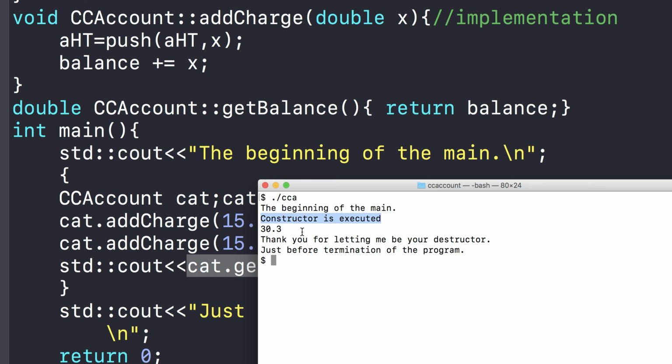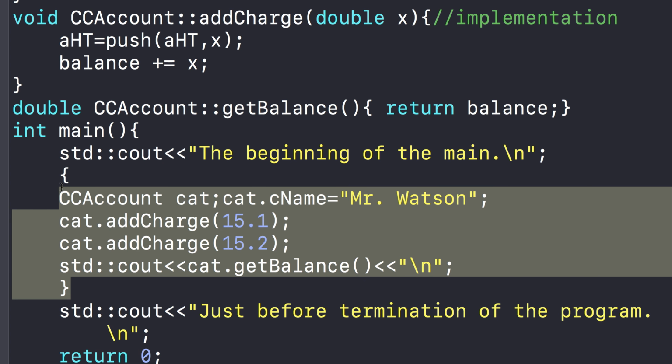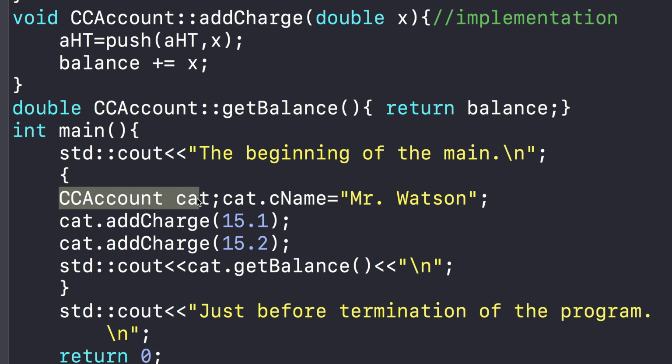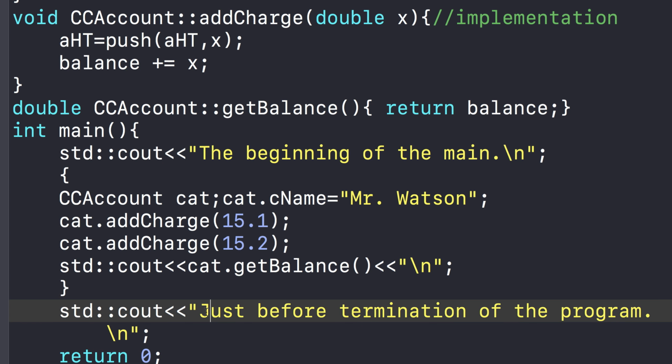Balance is $30.30. And just as we are about to exit this block of code in which credit card account cat is allocated, when we exit the block of the code, cat is destroyed. So the destructor is also called and prints, "Thank you for letting me be your destructor." And then we have the last message just before exiting the code